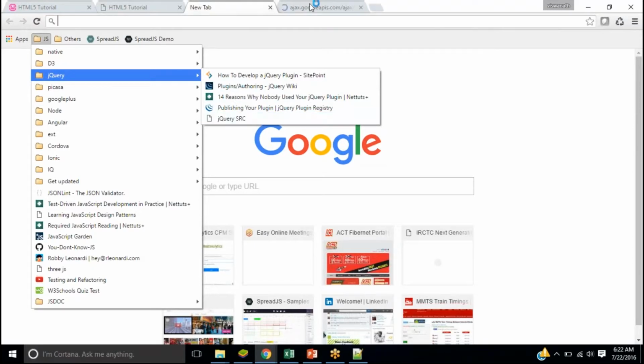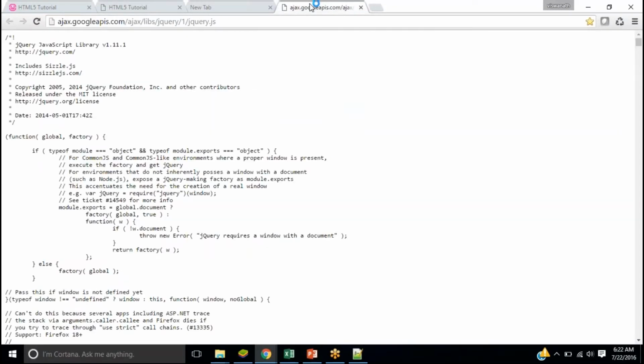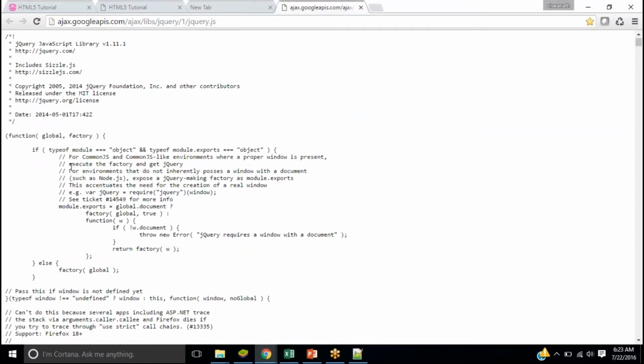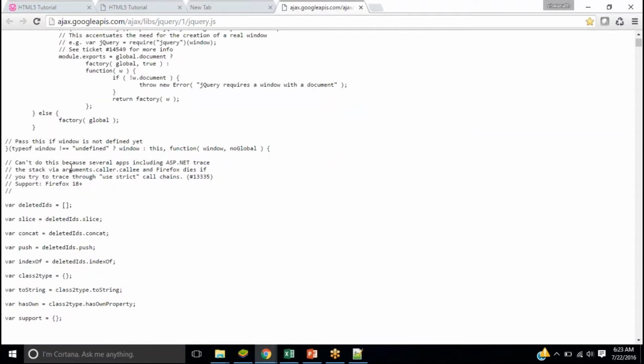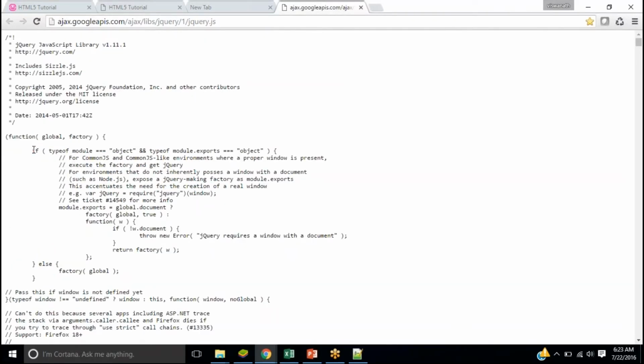See, this is the source code of jQuery. We'll be discussing jQuery in the future, but if you see any other libraries which are hosted on GitHub or anything like that, we'll discuss GitHub also, you'll see a lot of comments mentioned inside them. These codes are open source. Anybody can see the jQuery source and modify it, or if you want, you can override some functionalities inside it. So you'll see a lot of comments.